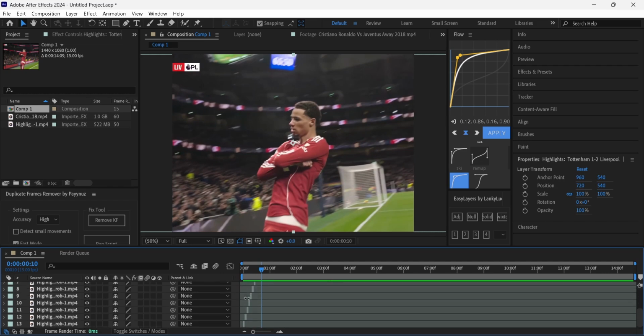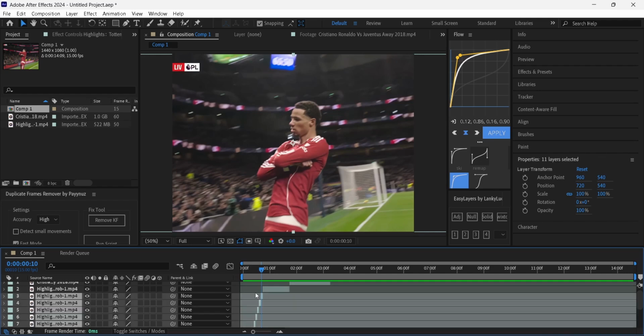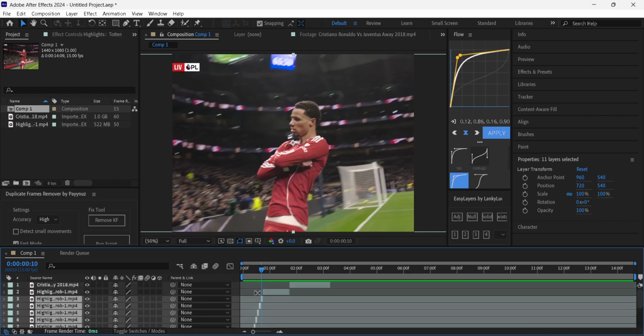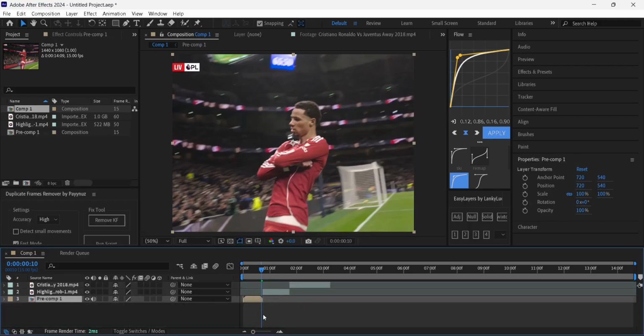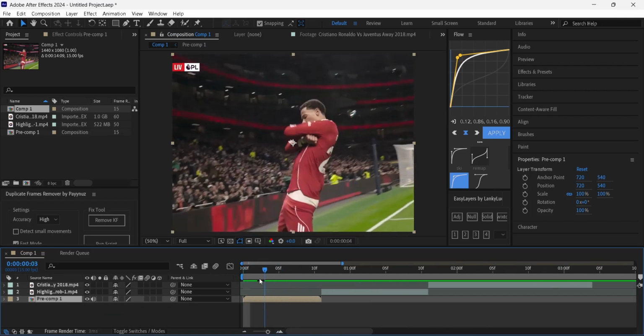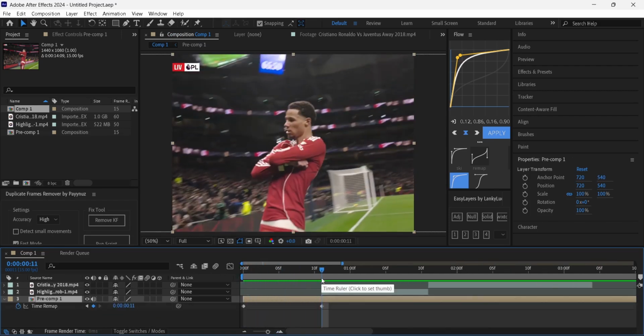And usually football edits or football clips, they always move because it's real life. This is usually done with animated clips, but I usually do the same thing with football clips because sometimes, rarely, they do not move. But still, you gotta do it just in case. So I'm gonna pre-compose that. Gonna enable time remap,